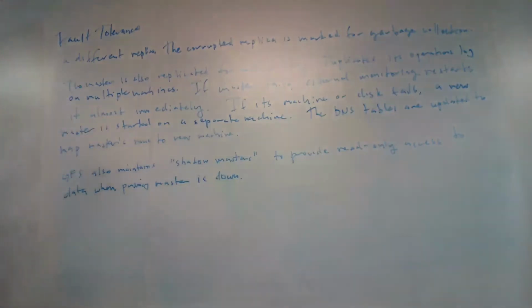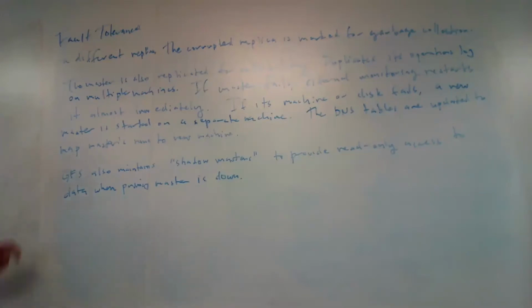So this provides readability, at least, to the data while the new master is being brought up. They don't talk about this specifically in the paper, but I think the way this works is that the shadow masters, whenever they get a write request, they ignore it. And so what will happen at the client's end is they'll see a timeout and they'll reissue the request, and hopefully the new master is up by the time they do that. And then they'll actually get the information they need about the chunk replications, the primary, and all that other